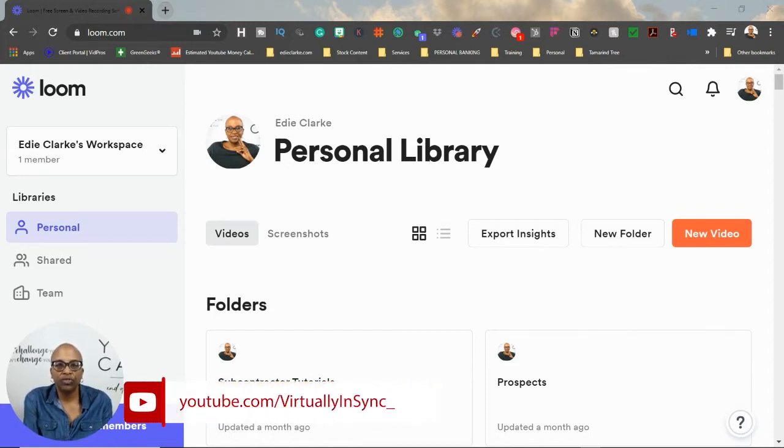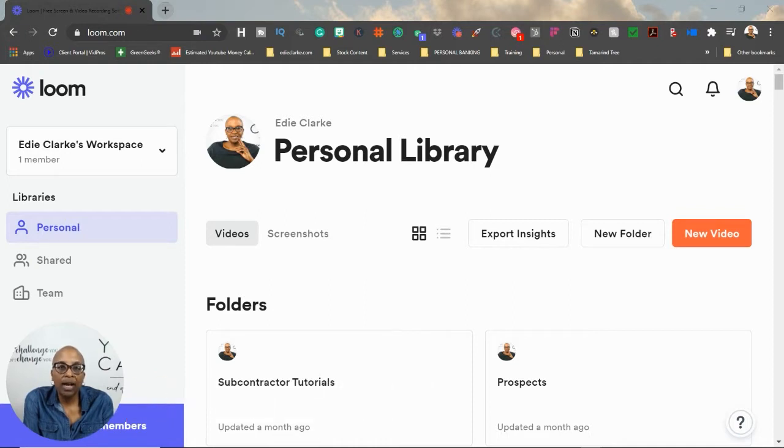Now that I'm doing these new updates for Loom, I wanted to talk a little bit about why you would want to use Loom and the ways in which you could use it, so that you could decide for yourself: do I need the starter plan, or should I invest in this platform and upgrade to the now-called business plan? This is the way that I've used it, and I think that it certainly has benefited my business, and I think it could help you as well.